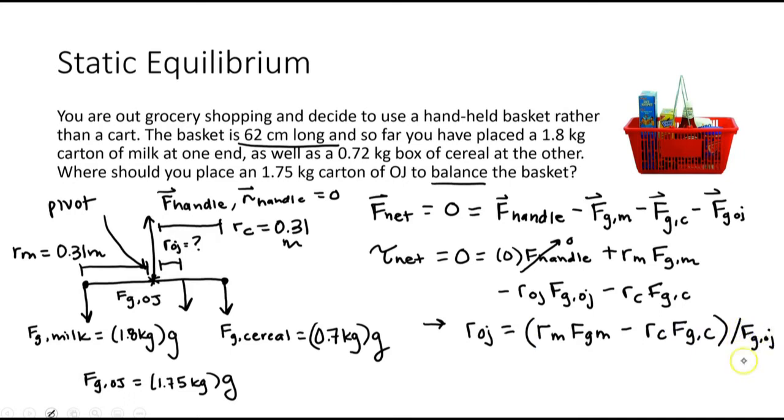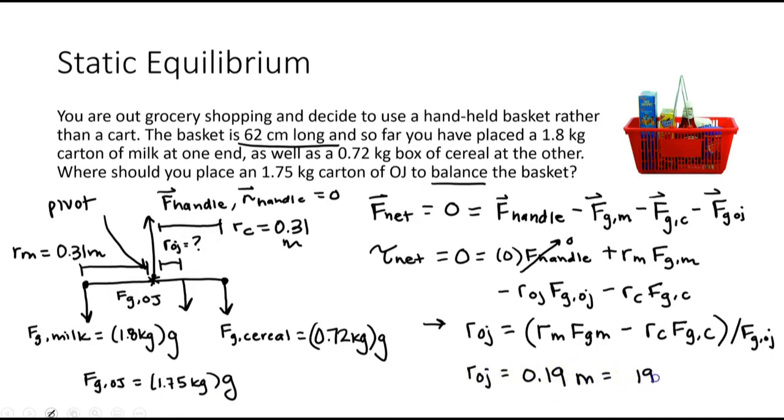Okay, and so now we actually have all of this information over on our free body diagram, and so we could plug in all of our values, right? So we have our R of the milk is 0.31 meters. F_G for the milk is going to be 1.8 times g. R_C is 0.31 again times F_G of the cereal, which is 0.7 kilograms. Oh, sorry, this should have been 0.72. I apologize for that. So this should be 0.72 kilograms times g. And then finally, we know that we can divide by the weight of the OJ, which is 1.75 kilograms times g. Okay, and so when I did that, I got R_OJ is equal to 0.19 meters,